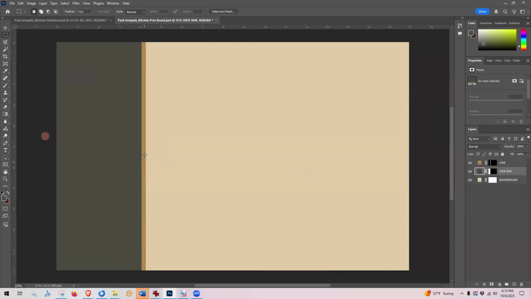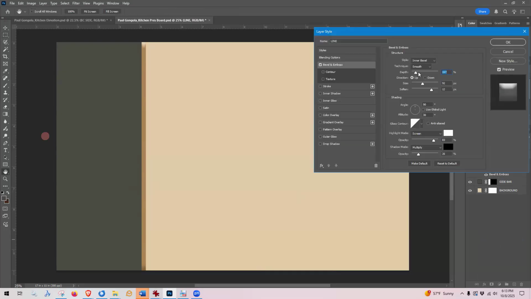One nice little thing that I can do with this little gold bar here, this line, is I can use some FX on it. Like I could put a drop shadow on this. I could also use bevel and emboss to make it bump out and look a little more round. Let me try it. So let me go to bevel and emboss here, and let's see here. Change this angle to 0 here, and